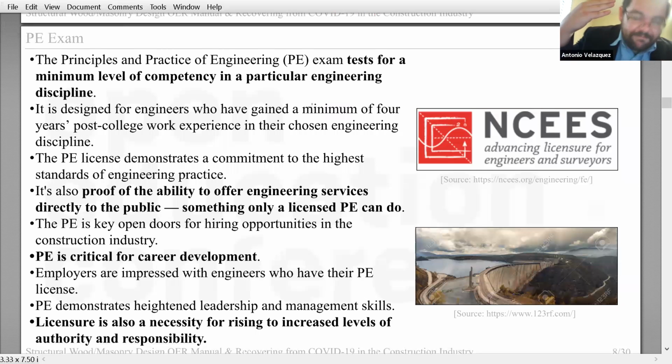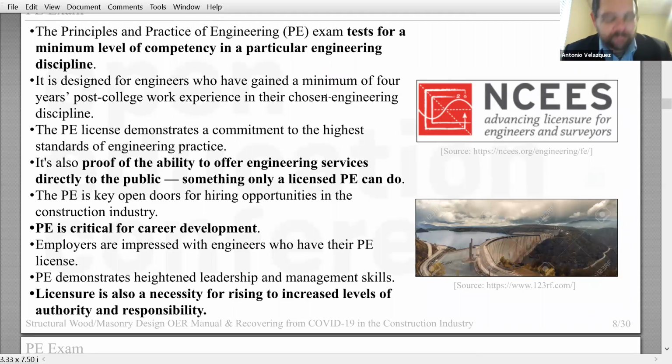Now, once you pass the Fundamentals of Engineering exam, you need to go to a tougher one, I would say one of the toughest exams in engineering, the Professional Engineering exam, the so-called Principles and Practice of Engineering exam. So why is this exam important? Because in order to really practice and have legal credentials to exercise your engineering expertise, you have to be licensed through this Professional Engineering exam. It's again administered by this institution.